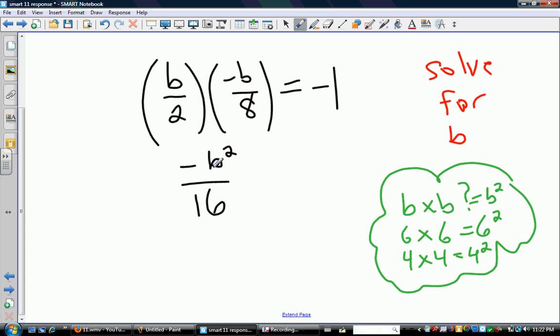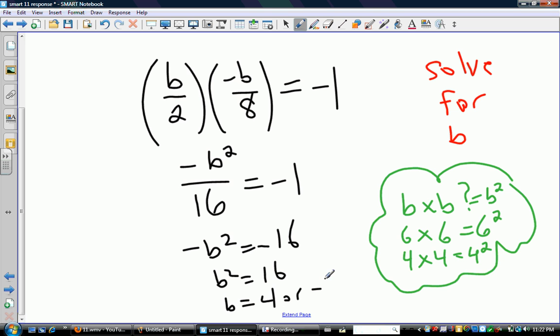So that b squared wasn't some arbitrary decision to square something. I was just doing the math here. b times b is b squared, so positive b times negative b is negative b squared. That's where the b squared came from. It just came from doing this math. And then from here, we just solved. I multiplied both sides by 16, divided both sides by -1, and then I took the square root to get 4 or -4. So I hope that clears up where this b squared came from, because it's really important that